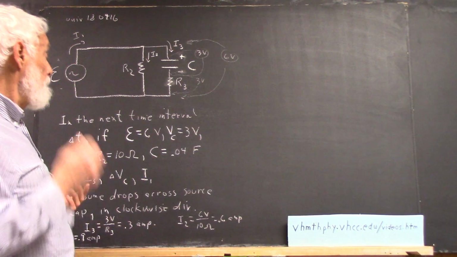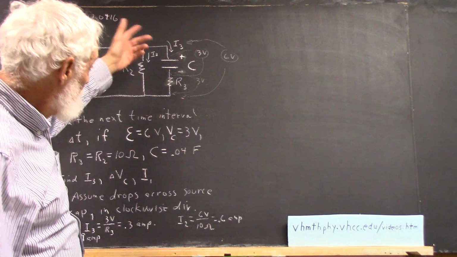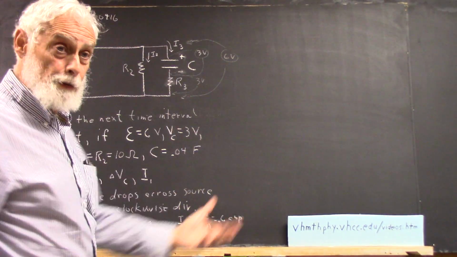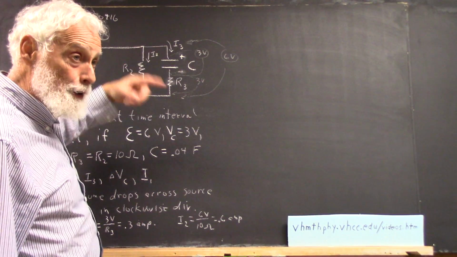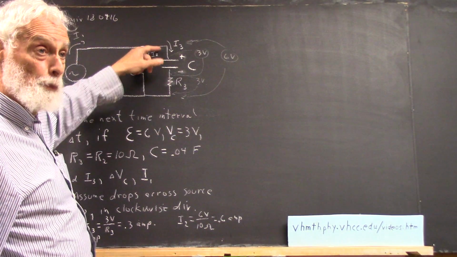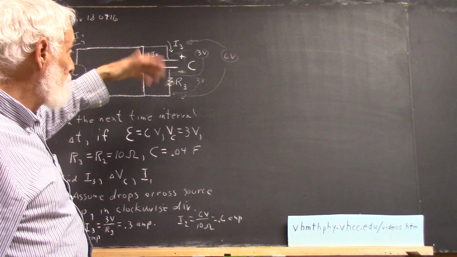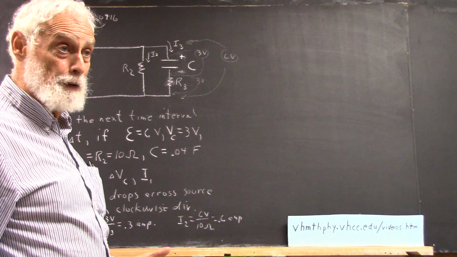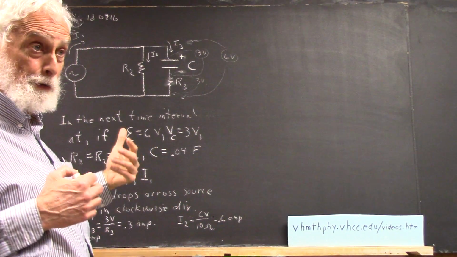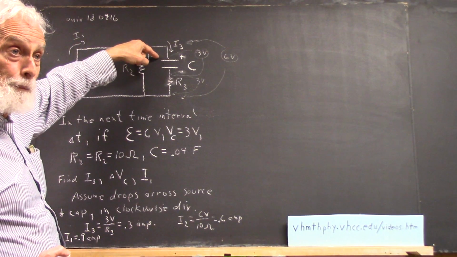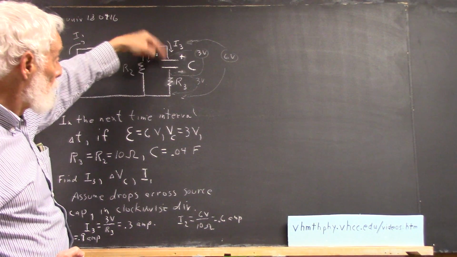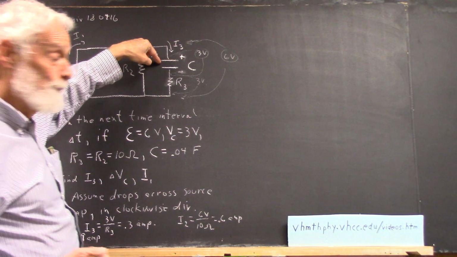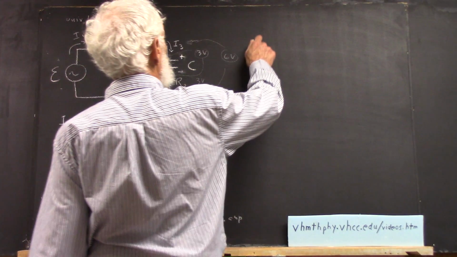Now, the fundamental idea is, what do you mean by a current through a capacitor? How do you get a current through a capacitor? Well, you put a voltage on it, sure. But fundamentally what's happening is charge is being transferred from one plate to the other. Whether a positive charge through some positive charge carrier or a negative charge through a negative charge carrier or a combination of both in two different directions, you have a transfer of charge. And the current is the rate at which charge is being transferred. So I can now say that I3